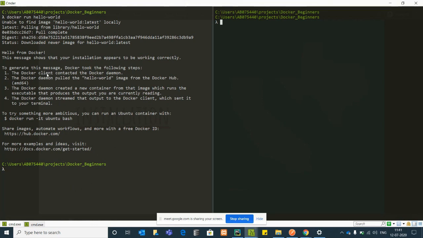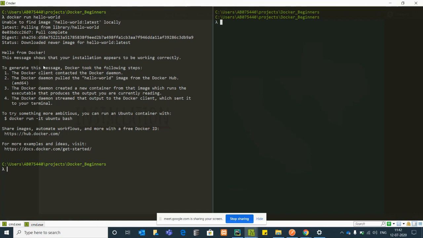The Docker client. Okay, so first you need to have the image locally. If the image is not present locally, I'll tell you what that locally means, then it will download from the Docker Hub repository. These are public. So there are some public images like your operating systems, your services like nginx, Apache. These are some images that come publicly on the Docker Hub. You can just pull and use them in your system.